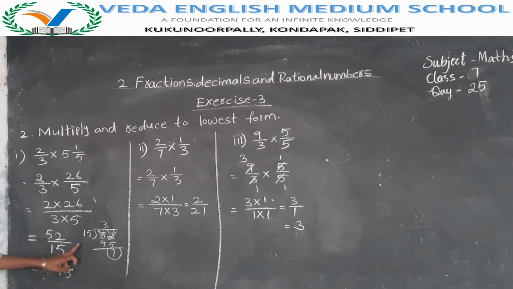We did not convert there, as there was no possibility to cut. If there is no possibility, then what do you have to do? If there is an improper fraction, then convert that improper fraction into a mixed fraction. The conversion of 52 by 15 into a mixed fraction is 3 into 7 by 15. For the first bit also, I said if there is a possibility, then you have to convert.